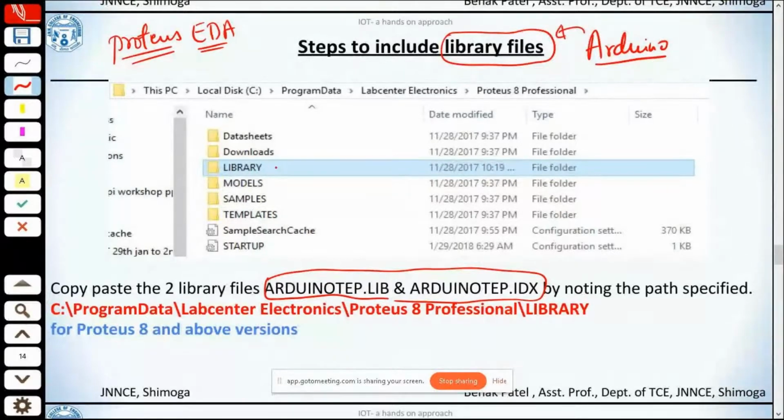This is for newer versions of Proteus like Proteus 8. In order to find the library for Proteus 8, all you got to do is follow this path: C drive, followed by ProgramData, and let me tell you, this ProgramData will be hidden.